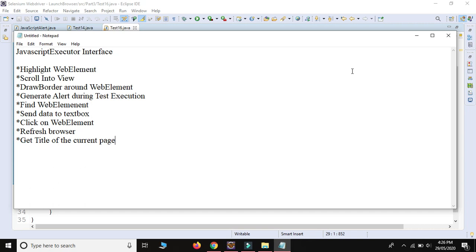So today in this video we are going to learn about the JavaScript executor interface. JavaScript executor interface just works like a tonic in your script. By using JavaScript executor, we are able to highlight our web element. We are able to perform scroll down and scroll up activities and many more, like drawing a border around the